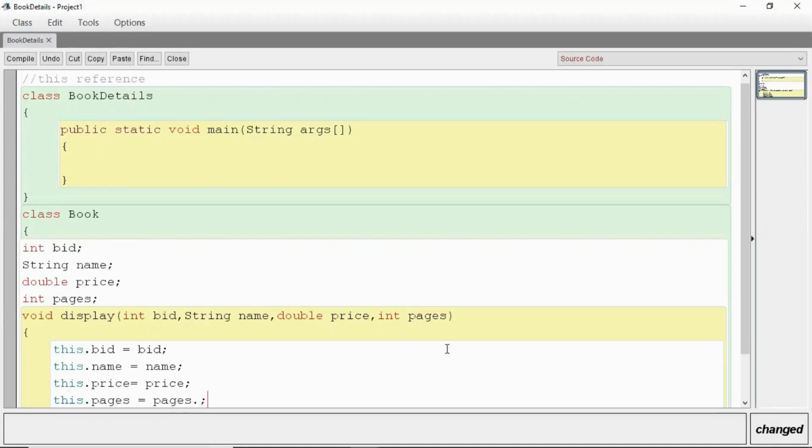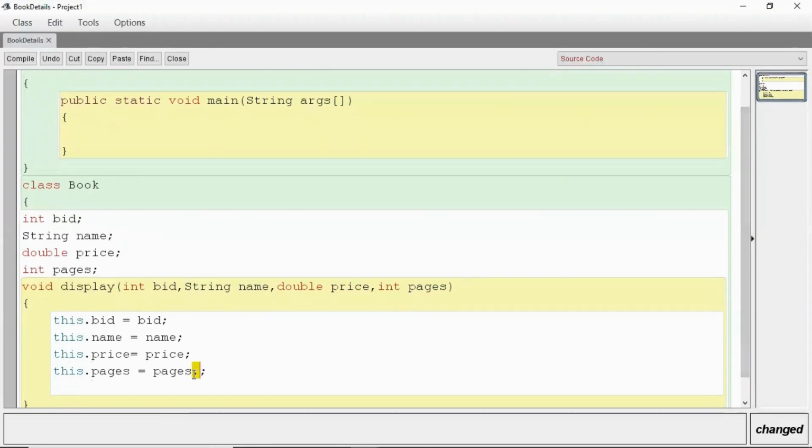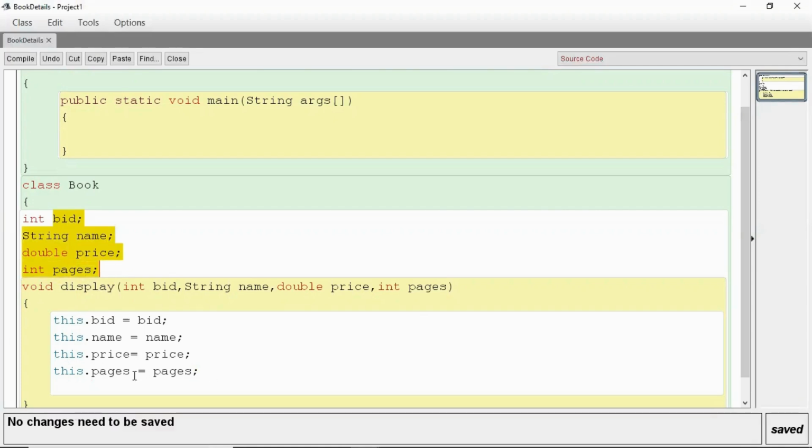So the right hand side ones are the variables which we have taken in the parameter list, and the left hand side ones are these particular variables which we have taken as instance variables. This way we can initialize with the help of this reference, and we can take the name of the variables same on both the ends.